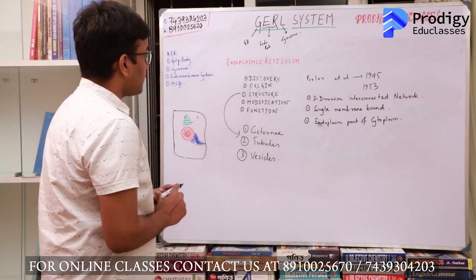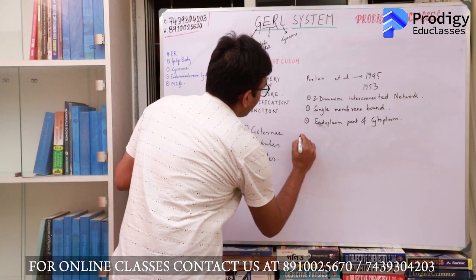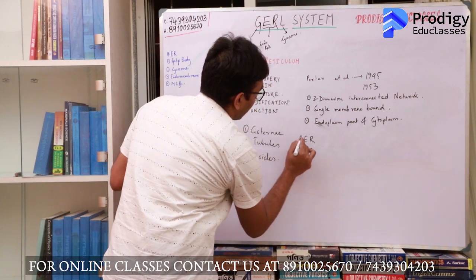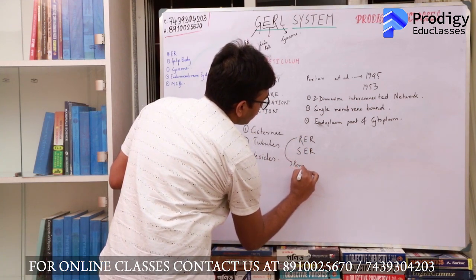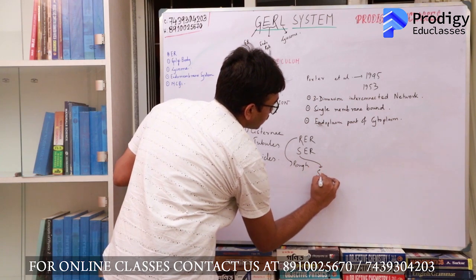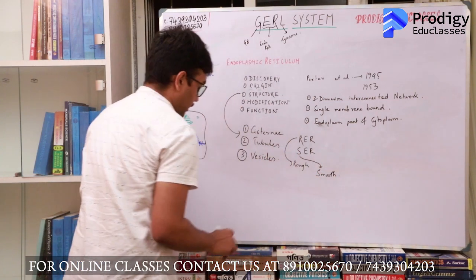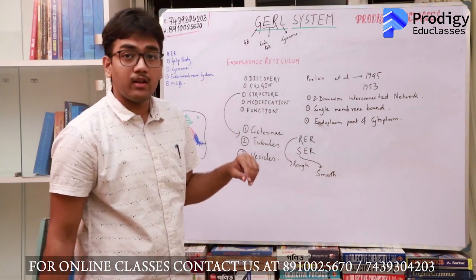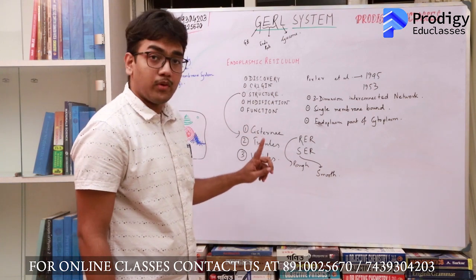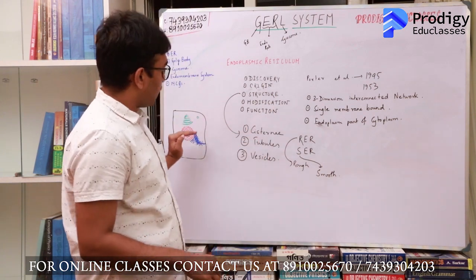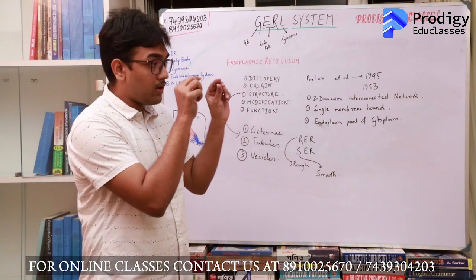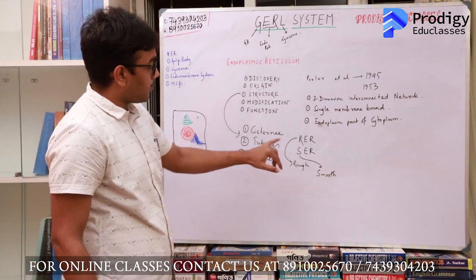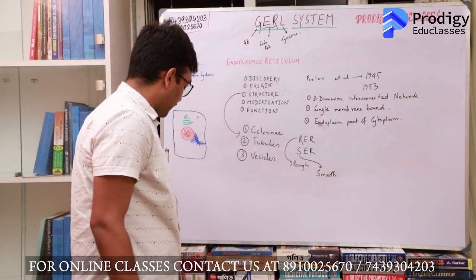Okay. So broadly, structurally, the endoplasmic reticulum can be of 2 types, the RER and the SER. Now, R stands for rough and S stands for smooth. So why rough and smooth? See, rough and smooth depends on the presence or absence of ribosomes from the single membrane of the endoplasmic reticulum. So if ribosomes are present, then the surface of the membrane appears to be rough due to the dot like ribosomes, you can see the ribosomes in red present over here. If the ribosomes are present, it will be rough, and if the ribosomes are absent, it will be known as smooth.